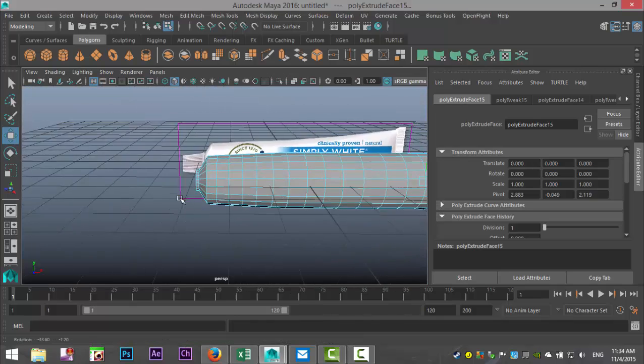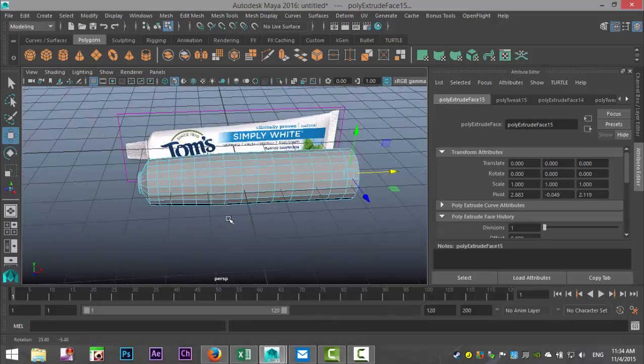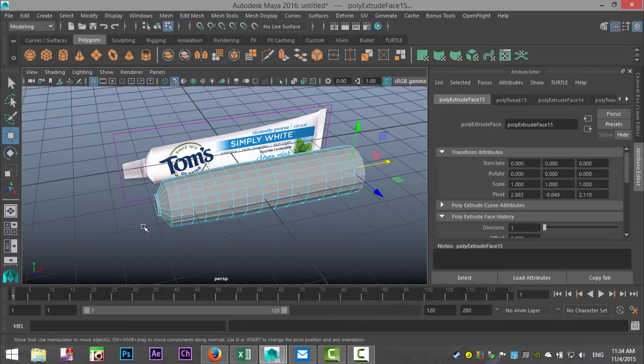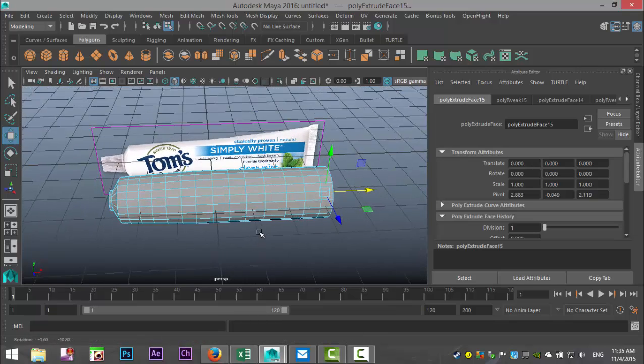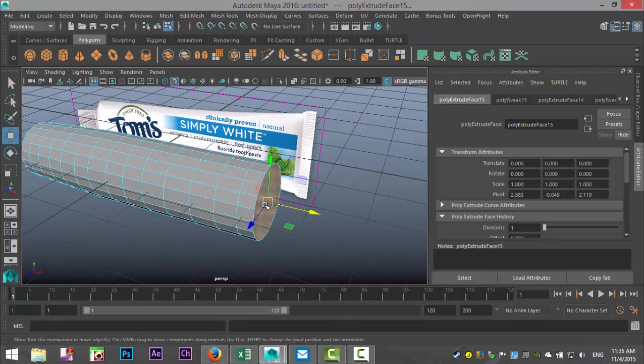Okay. So this is what we have so far. Now, the problem here is that actually I don't have a proper image from the top. Okay. So in order to fix that, we're going to eyeball it. Now, we all have seen these tubes, so we kind of know how that looks. All right. So now we're going to start to manipulate these edges.